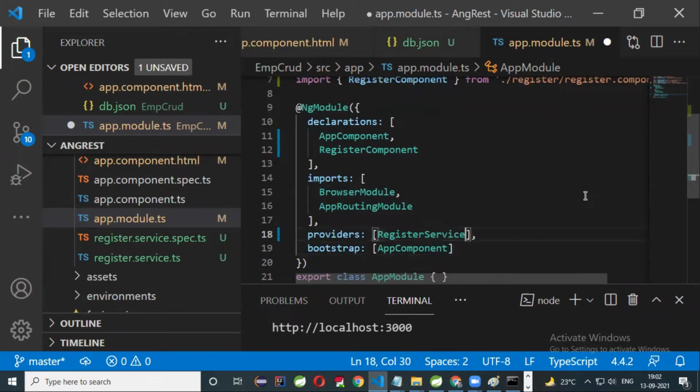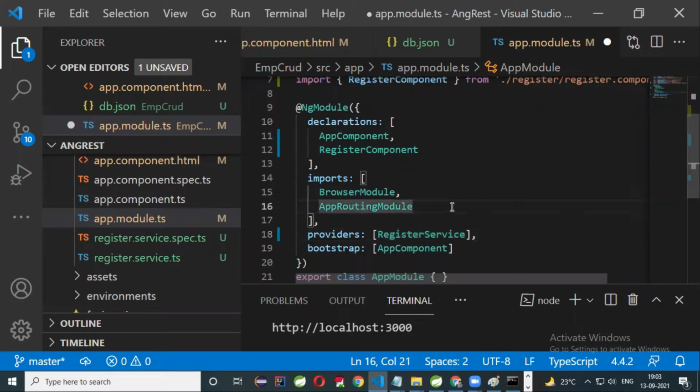And providers. In providers, you have to inject the services. You already know about the singleton object. Singleton object means the object is created only one time, and that object is used anywhere throughout the application. That type of object is called a singleton object. In Angular, all the services are singleton objects only. You just have to register that particular service inside the providers section, so that the Angular framework will create an object for this particular service, and that object is used anywhere throughout your application. That is the beauty of Angular here.